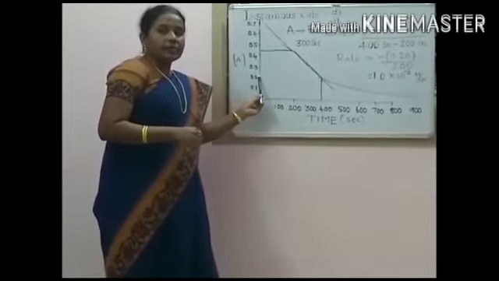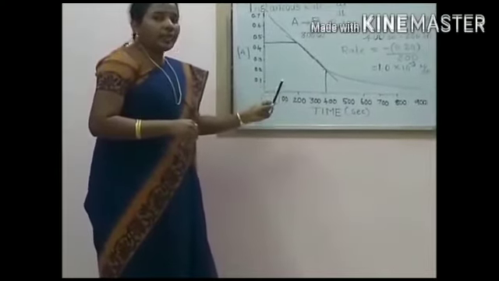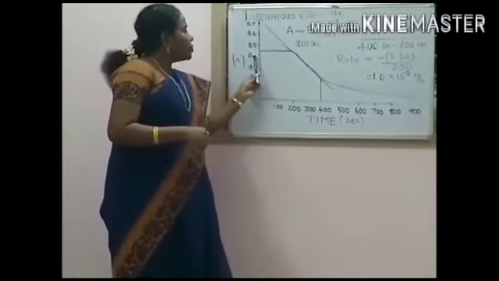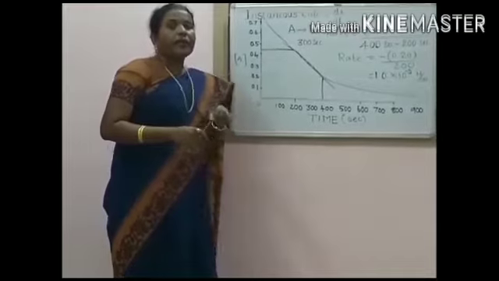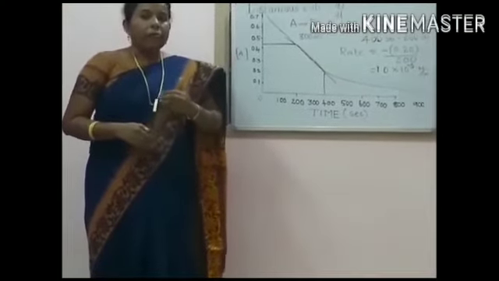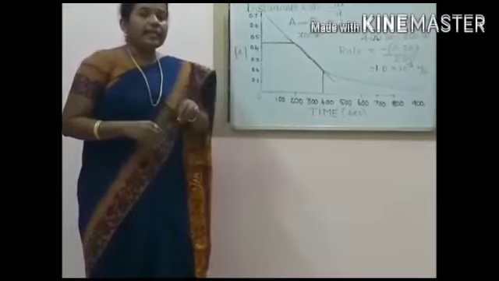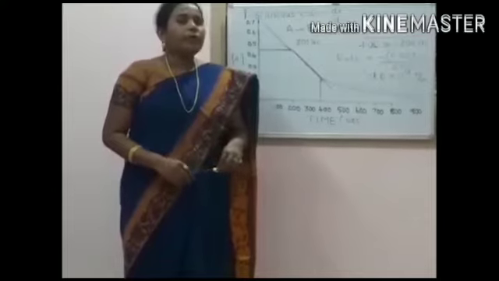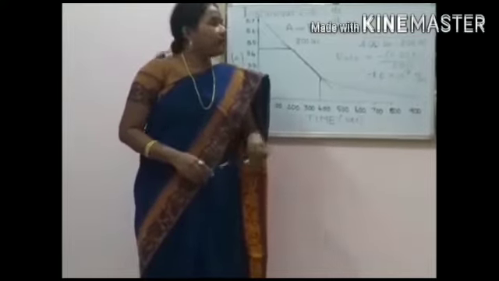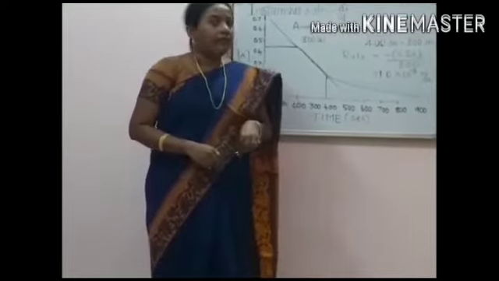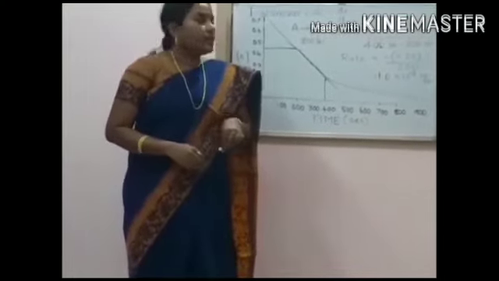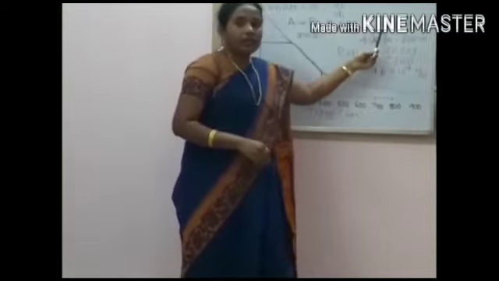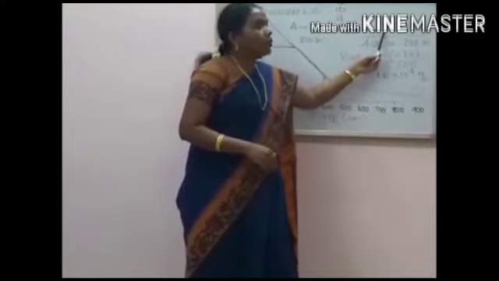From the graph, we can find the final concentration at 400 seconds is 0.22 moles per liter. And the initial concentration, which is at 200 seconds, is 0.42 moles per liter. This information may now be useful to calculate the instantaneous rate of the reaction at 300 seconds. Now we calculate the instantaneous rate for this reaction. The final concentration of A, 0.22 molar, is subtracted from the initial concentration of A, which is 0.42 molar.